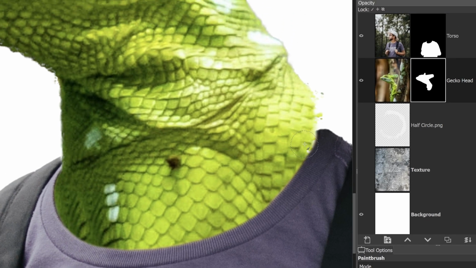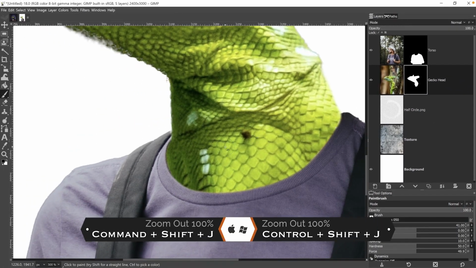So I'm going to paint in this area to reveal those pixels. Now I have a little bit of a mess over here, so I'm going to paint over here with white, and I'm going to switch to black just to realign this neck with this part of the shirt, so it looks like it's inside of there and not bulging out. All right, let's zoom out with